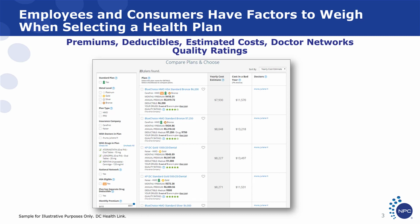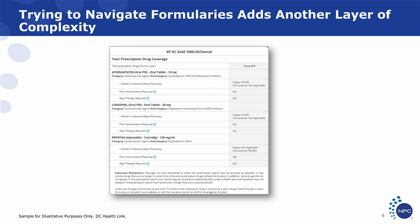The challenge is it can be overwhelming. And so even if a product is on formulary, you may still need to understand how it's going to be covered. What's your cost sharing? How much will you pay each month with your copay or deductible? Are there limits to what is incorporated? And will you qualify for that medication? Again, additional information that consumers and patients have to dig into. And that only includes the diseases and conditions that the patient may have today. And if you're like most of us, no one anticipates getting sicker or needing new medications throughout the year. So understanding what might be covered, what new treatments, if you need a treatment alternative, and how those decisions are